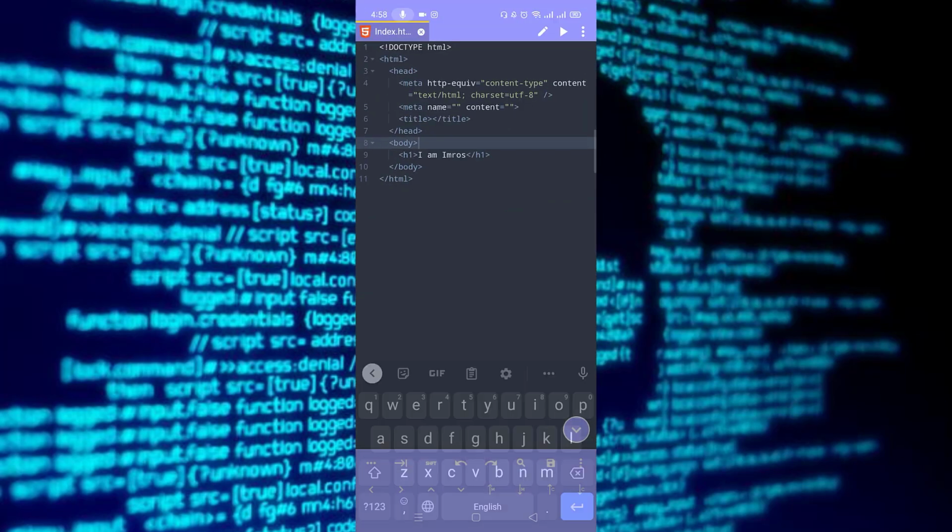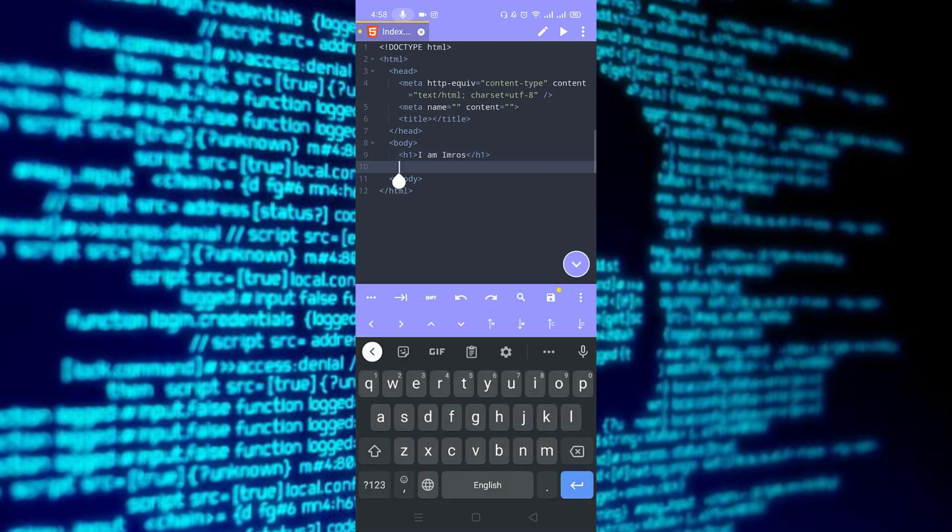To add this image, I just have to click here and type img, and you can see it has a pre-made snippet. I just have to click on image, and it gives me the whole code. Now I just have to write the source, which is img.jpg, I guess.